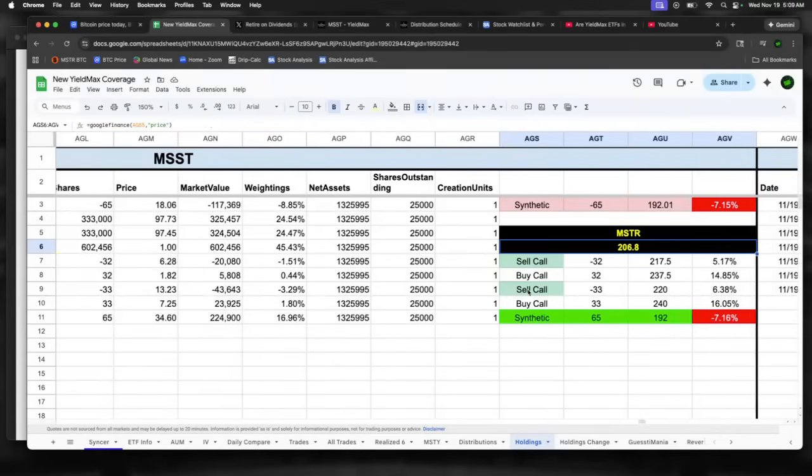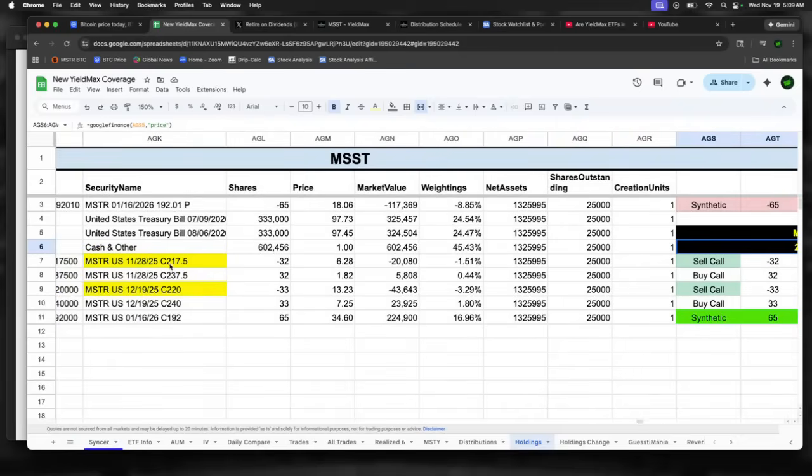And then covered calls. We already saw the expiration dates. It's long dated, right? So they're just chilling. But again, if MSTR tanks, even though it expires 11/28, they could decide to close it early if they deem they collected the juice that they needed, the yield that they needed. We'll see how they behave in due time. But I can already tell,